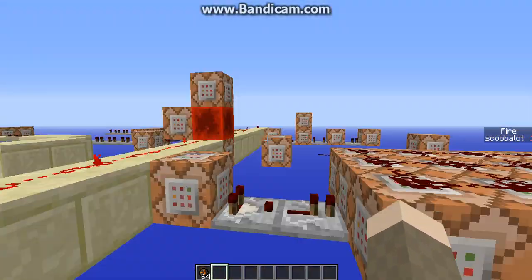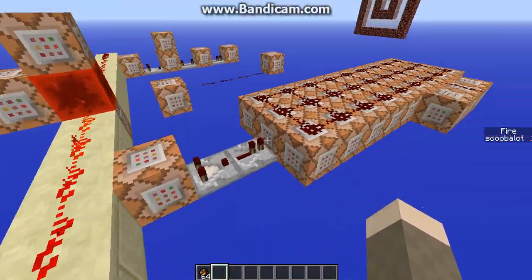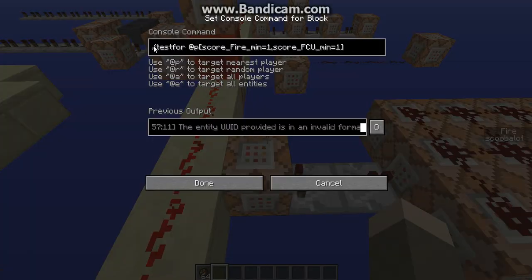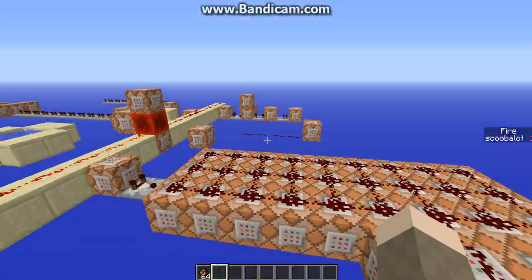And then, okay, so the Firestorm. Yes, this is very simple. It's testing for a player with a score of fire of 1 or higher and a score of FCU of 1 or higher, and that is fire charge use. So if that score is 1 or higher, it's going to activate. It's going to